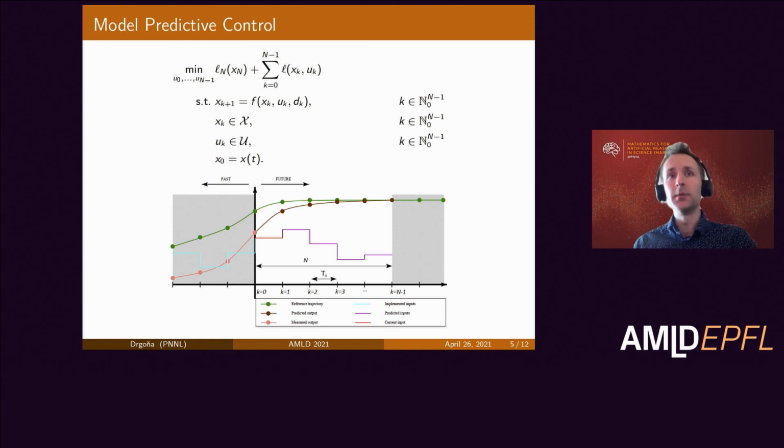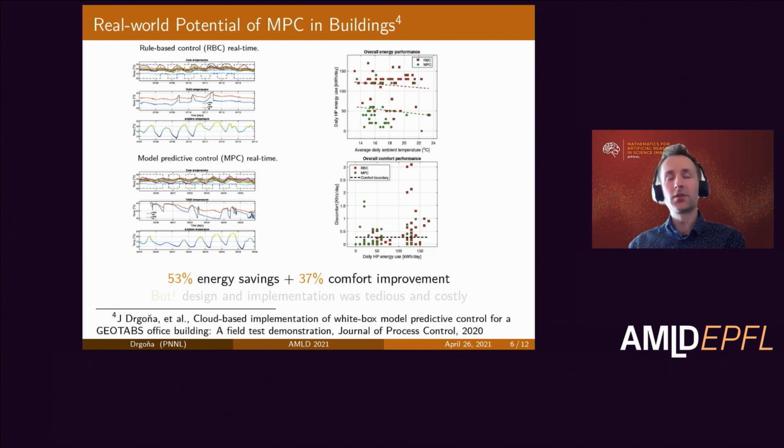But buildings are a little bit different, right? Every building is different, and to optimize them, we need to design these specific control strategies one by one. So what happens when we actually do design and deploy these highly complex control strategies in a real-world building? This is a particular example of a field deployment in an office building in Belgium.